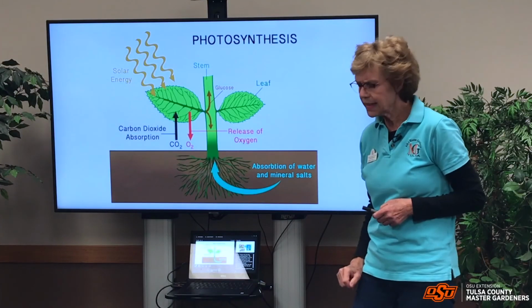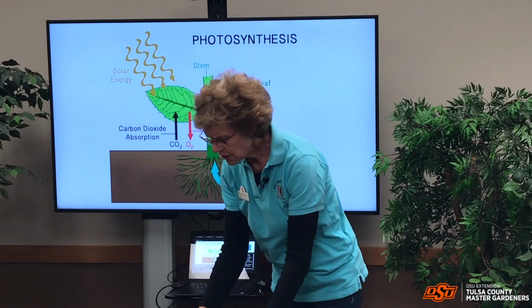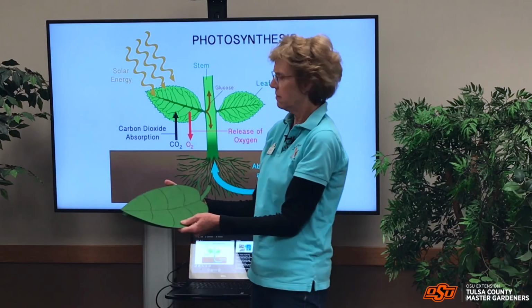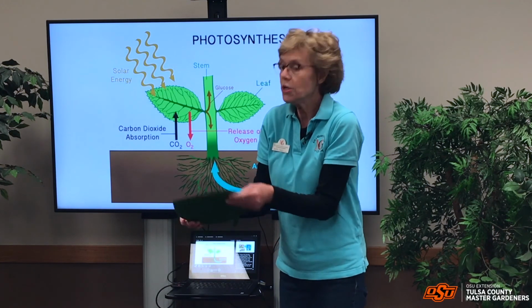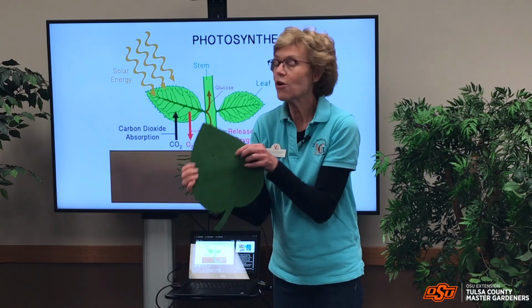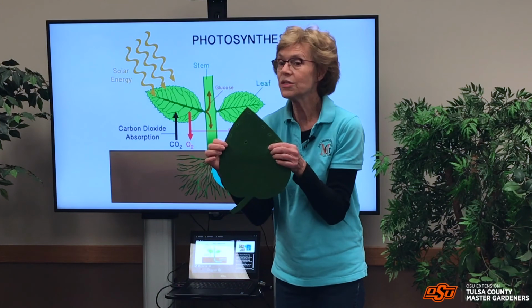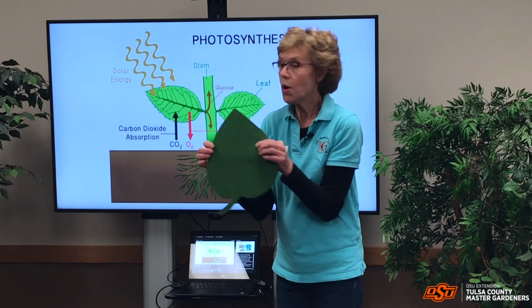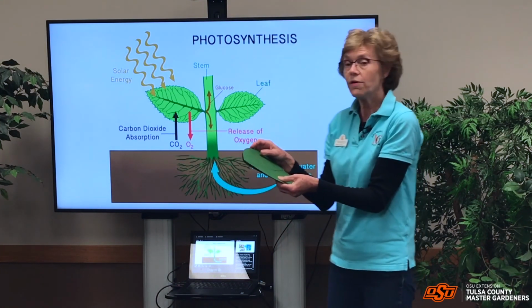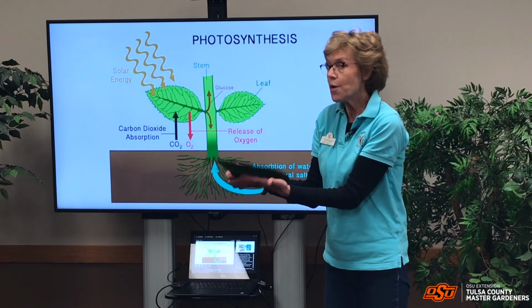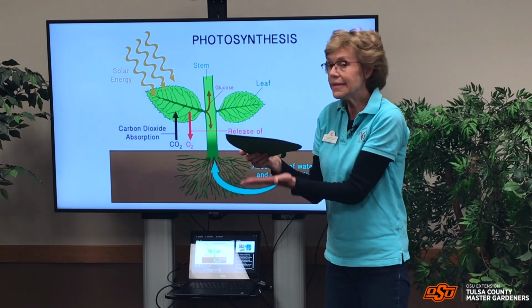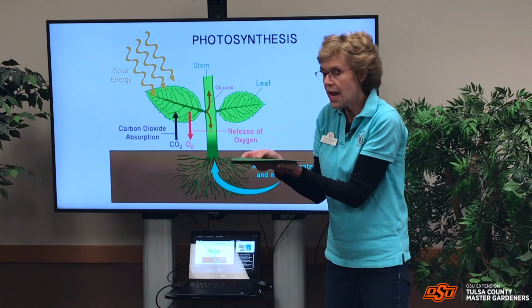So I said that leaves were very important. So here we have a leaf. It's just green, lots of different shapes, but when you look underneath the leaf, there are tiny holes, and these are stomata. And they are very important because that is where the tree, the leaf rather, breathes in carbon dioxide, and then with